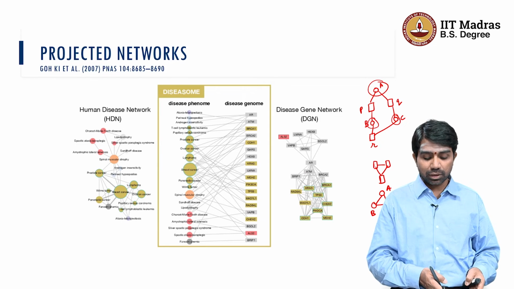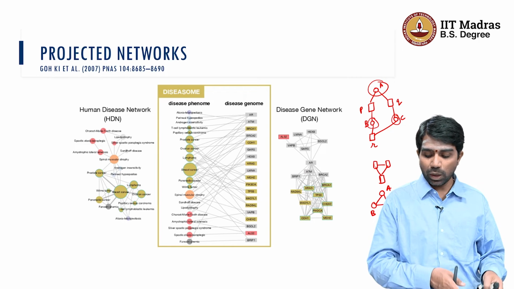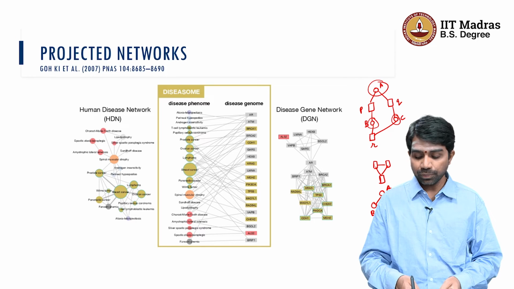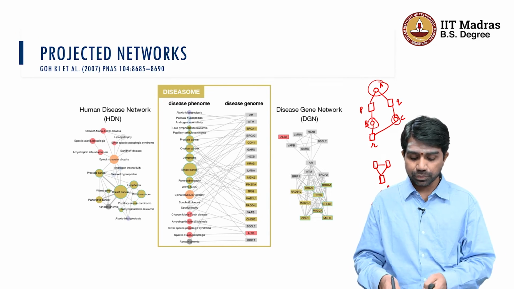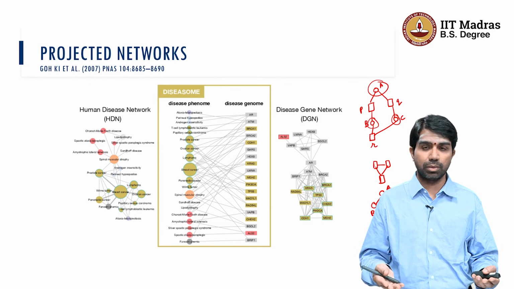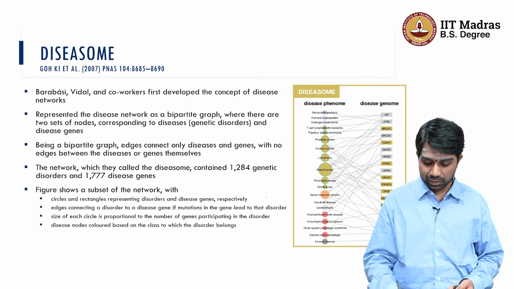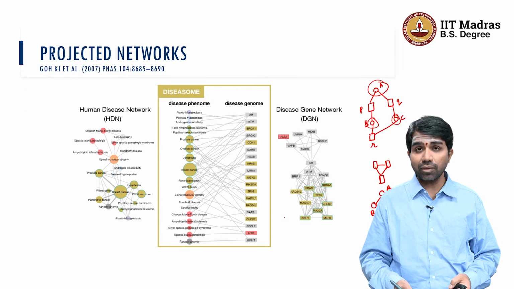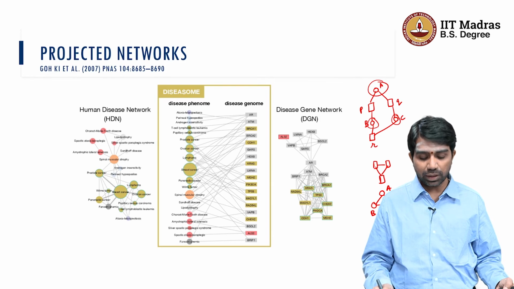So now let's look at the human disease network. So what is the human disease network? This is one kind of projection, and this is of course the diseasome, and what you see on the right is the disease gene network. So what do you see here? You have the diseasome on the one hand. You remember this. This is what we looked at in the previous slide, and we explained the legend using these points here. And now you have this diseasome, and what you see on the left and right are 2 different